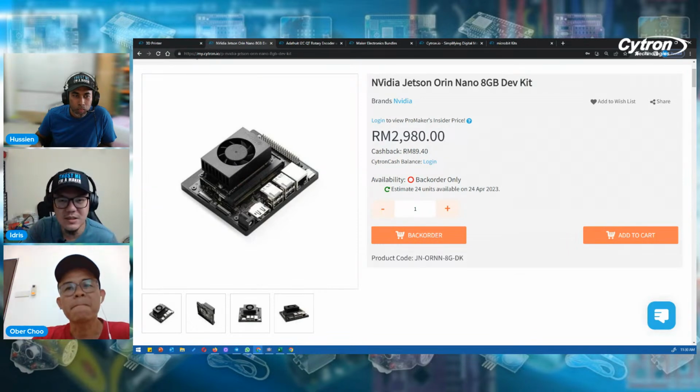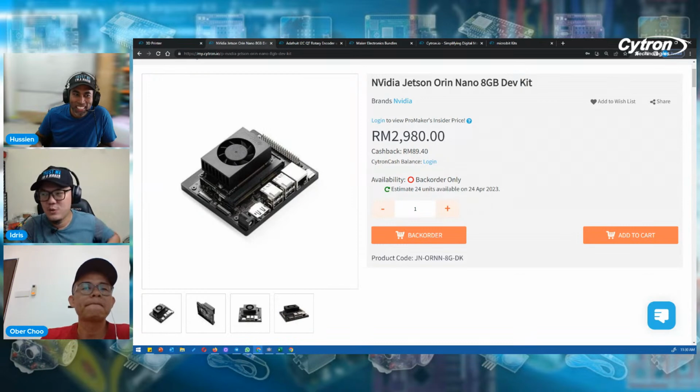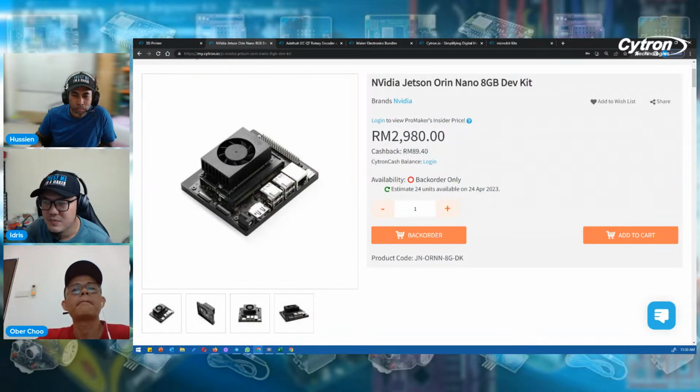So first, this is a computer. You can see it's something like, if you open the PC, it's something like a motherboard, including the CPU. This one is from NVIDIA. If you know, NVIDIA is quite popular in producing graphic cards, but this one is a complete computer in terms of electronics parts. Okay, motherboard and what we call SOM, system on module, including the processor, graphics, and the application is focused on AI, and the AI